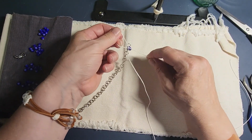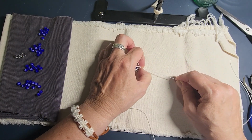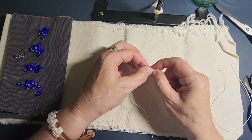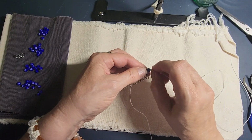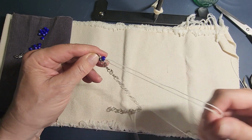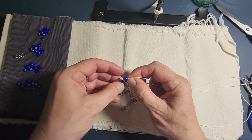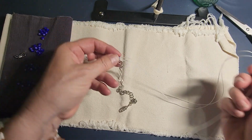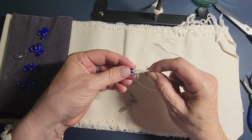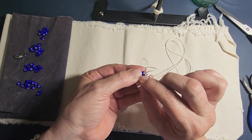Alright, and again, doing an overhand knot, and we're getting it up as close as possible to the base of the bead. And this process, like I said, it's twofold. It holds the bead in place, and it also helps with making the entire bracelet as tight together as possible. So now we're going to run both cords through the next jump ring,